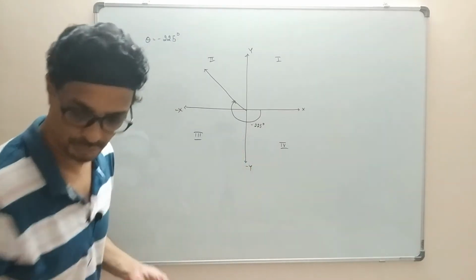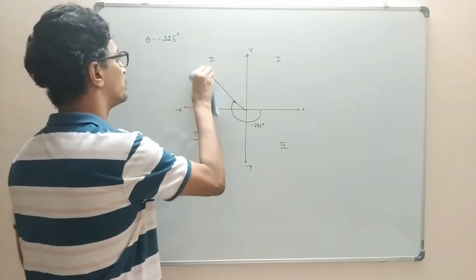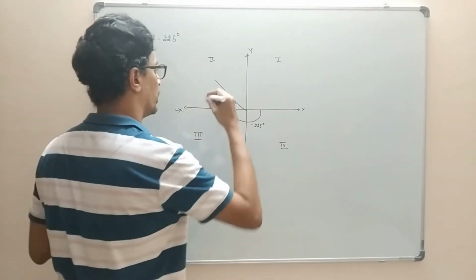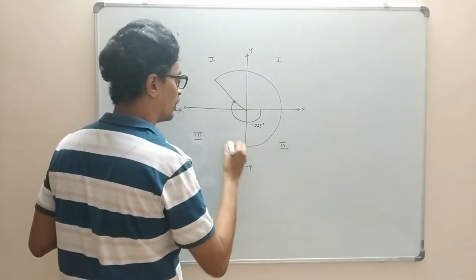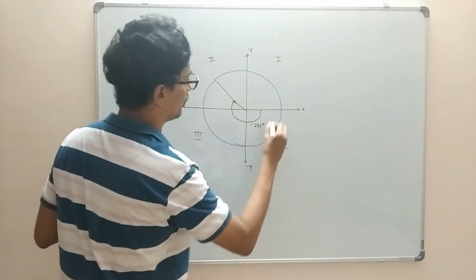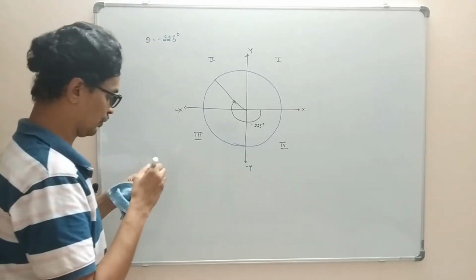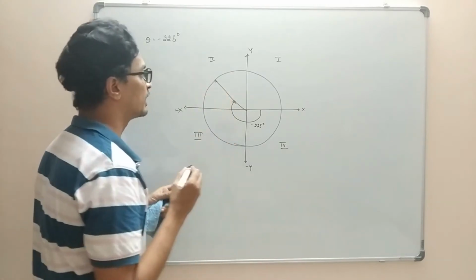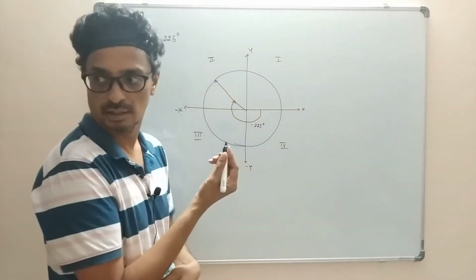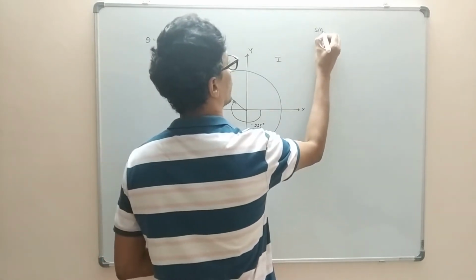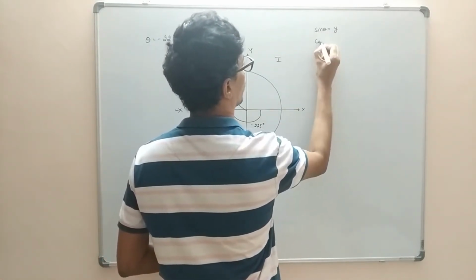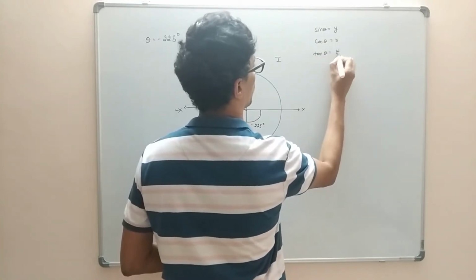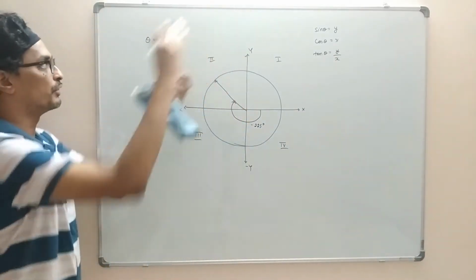So as earlier, we will draw a unit circle. Let us draw a unit circle. So let this be a unit circle. Okay. So then, the reason for the unit circle is very simple, because once you draw the unit circle, then all we know is sine theta equal to y, cos theta equal to x, and tan theta equal to y by x. Okay, and then the inverse of it, the other ratios.